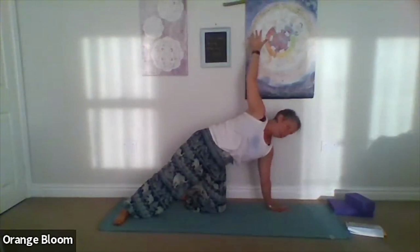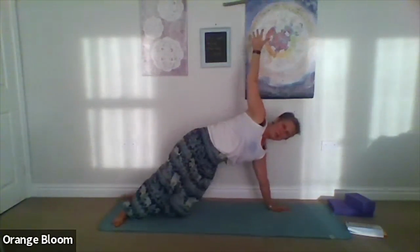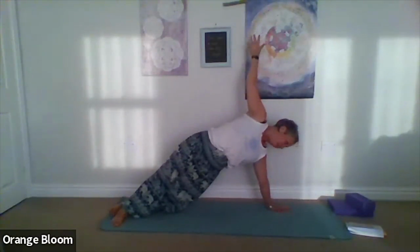Perfect. The next option on from this, which might feel a little bit more intense, would be then to take the left leg back to meet the right. So we're coming into that half side, coming from the half side plank to the full side plank. So we've either got the knee down for a little bit of support, or we're taking that leg back. 2 or 3 breaths, pulling into the belly, pushing the hip up to the sky,